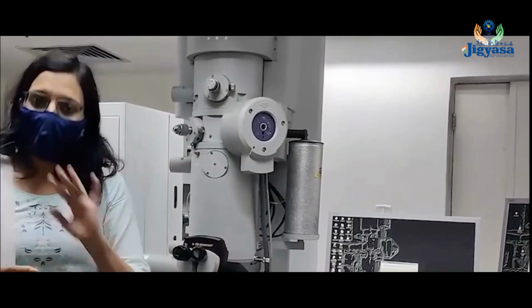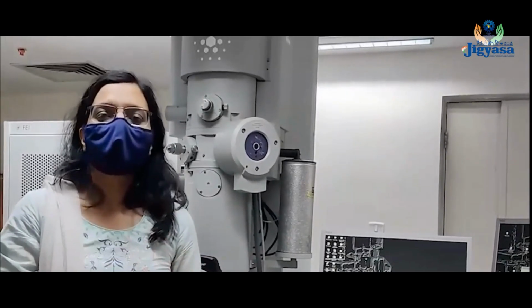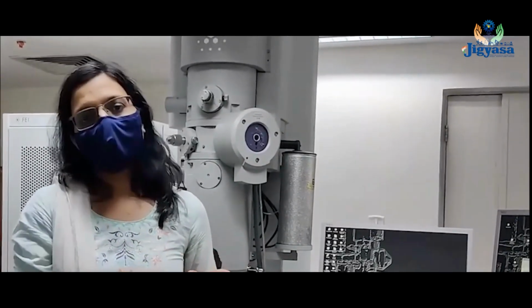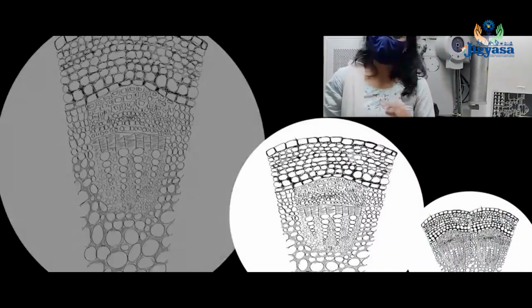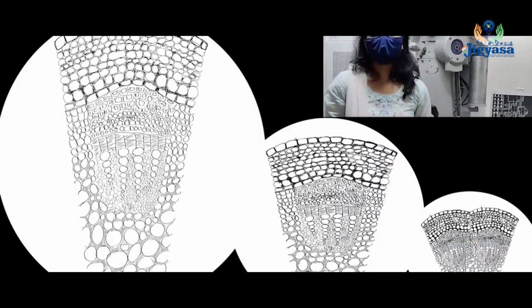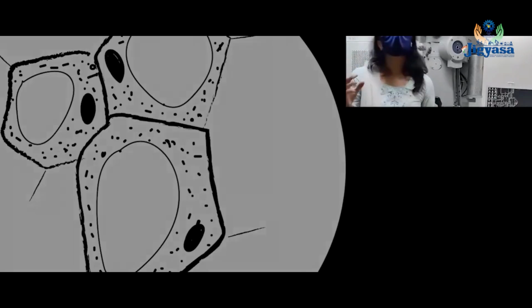First I'll talk about the magnification. The typical magnification that you see under a light microscope or a compound microscope as you call it is 10x, 20x and 40x objective lenses. Most of the microscopes provide you these three objectives. And there are some microscopes which can go even up to 100x using oil.